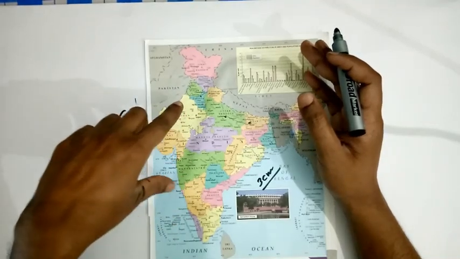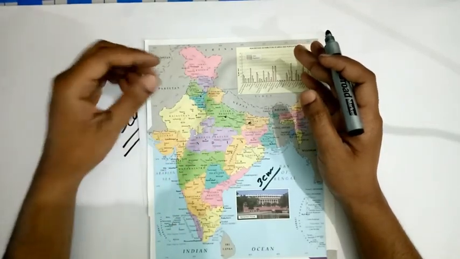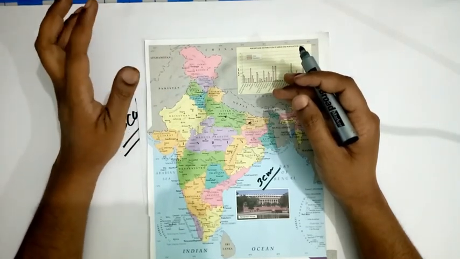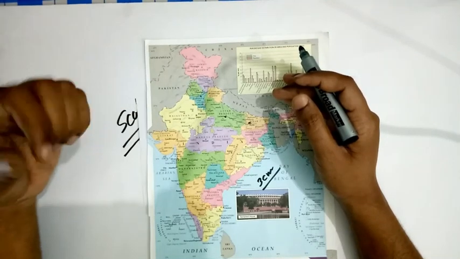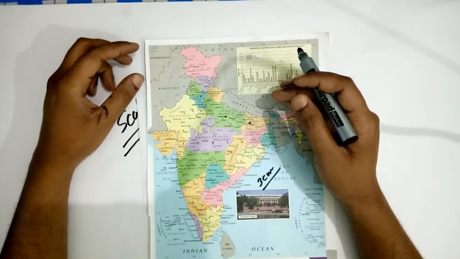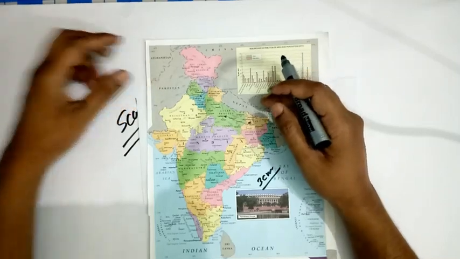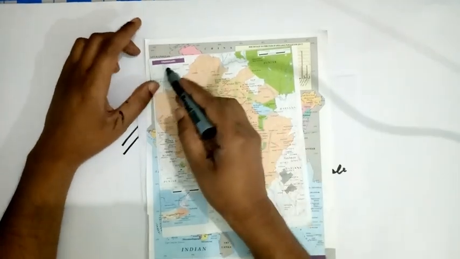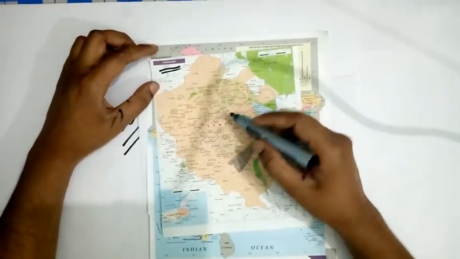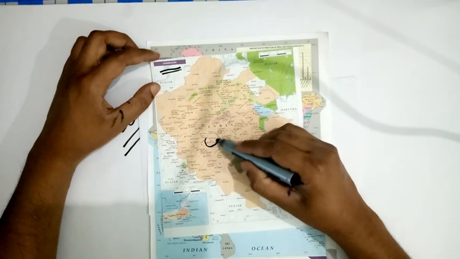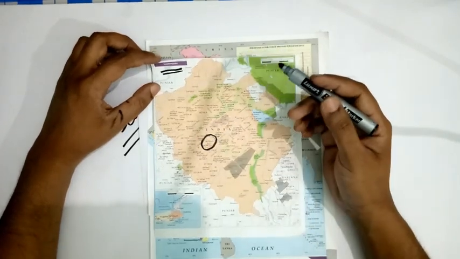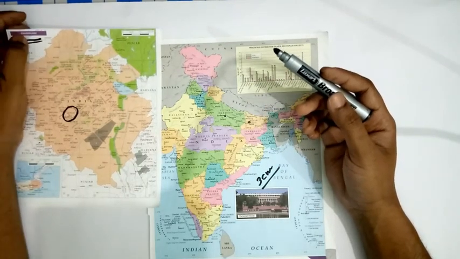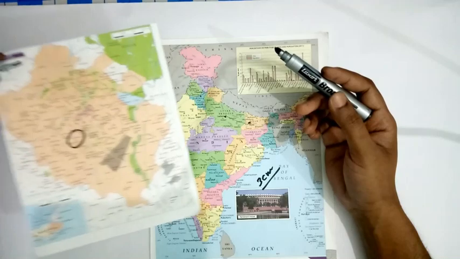You can see New Delhi is there, Madhya Pradesh is there, Uttar Pradesh is there, and Chandigarh is also there. But when we need to know some small details, how can we know that? How will we search this? For that reason we use this map. This map represents Chandigarh, and here Jain Mandir sector 43 is given, which is not in the other map. So just to understand things in a more detailed way, we use this large scale map.